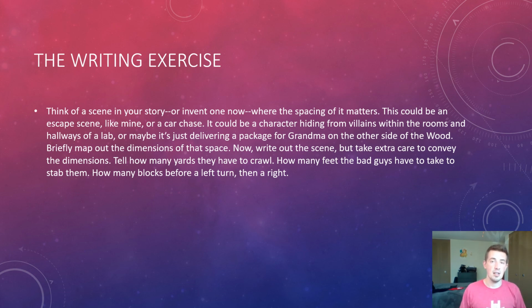Once that's done, I want you to write out the scene or a portion of the scene, taking 8 or so minutes, and take extra care to actually give the dimensions involved. So if your characters are moving down a hall, tell me in numbers how long the hall is. If it's in a room, give me the width by length measurements of it. And I know that this is flying in the face of everything that I just told you,